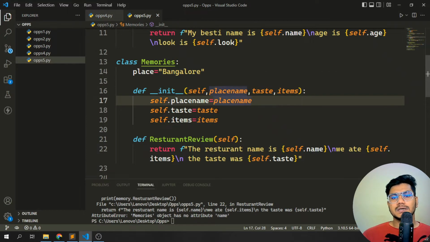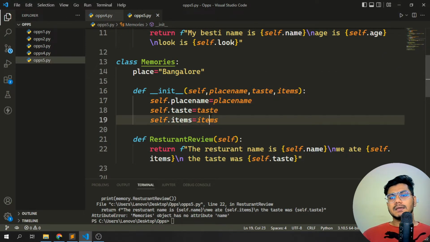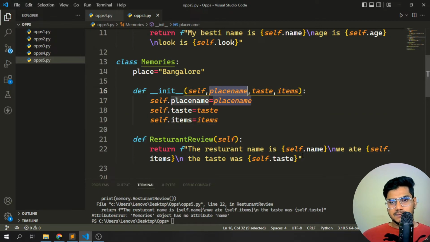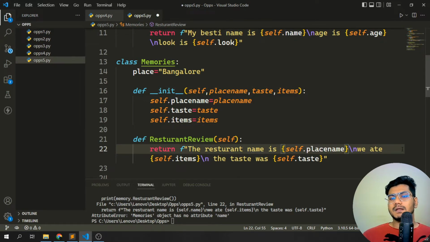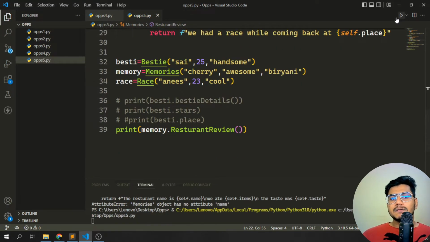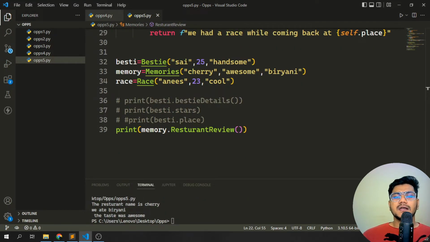So I'm passing the test name, place name, and taste. I need to give this one the place name, so I need to give self.place_name, items, and taste. Now it works. If I run the program, you can see the restaurant name is Cherry, we ate biryani, the